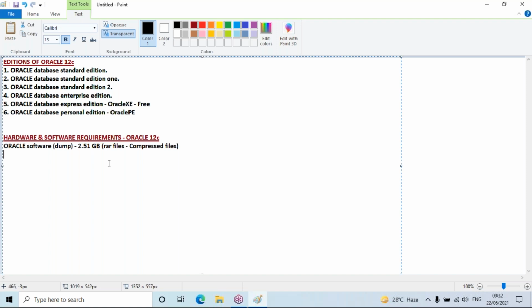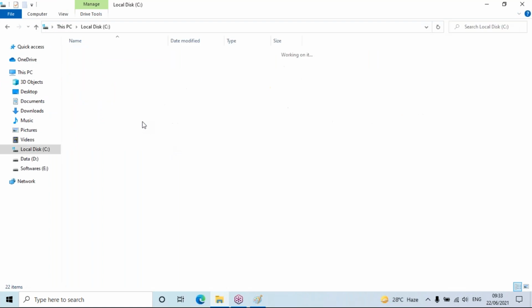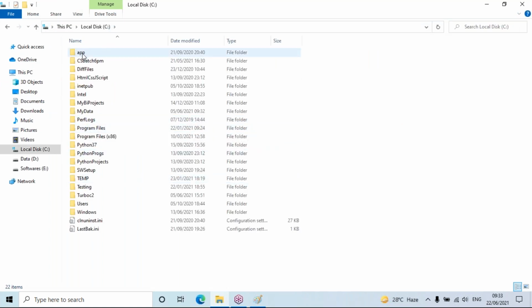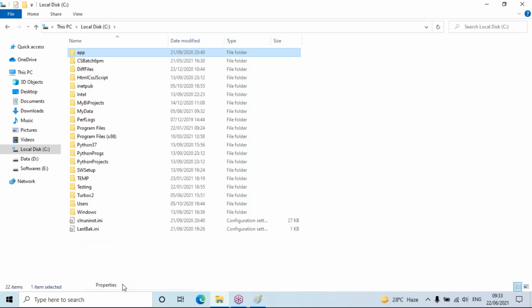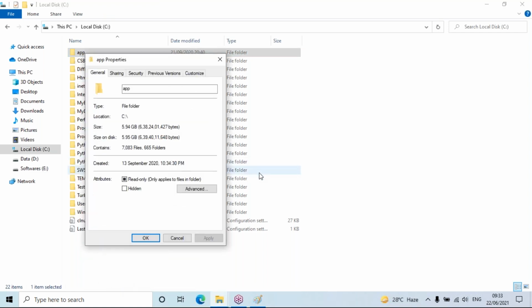And after the installation of Oracle, this is the dump. Now what I'm saying, after installation, I have installed my Oracle software here in C drive. Let's see. This is the installed prod. Go to properties. Now, compressed one is how much? Did you notice? Only 2.51 GB.